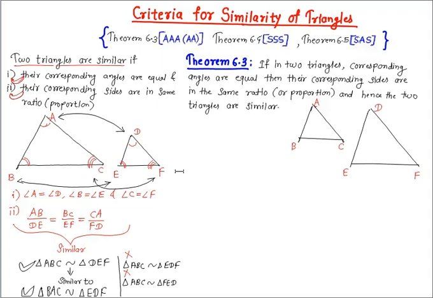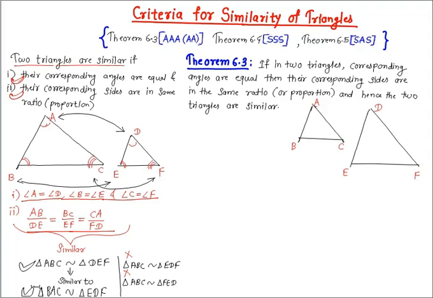Right? Now a question may come to your mind: for checking the similarity of two triangles, should we always look for these two conditions? So if we take triangle ABC and DEF, should we always look for these three pairs of angles and these three pairs of corresponding sides? Answer is no. Instead of all the 6 pairs of corresponding parts of two triangles, we can prove the similarity between two triangles using a smaller number of pairs of corresponding parts. And that is why theorems 6.3, 6.4 and 6.5 are designed.